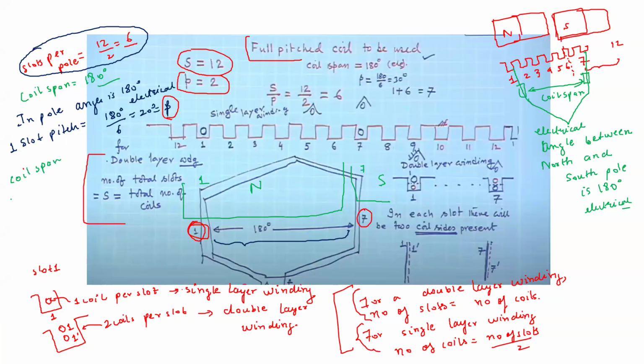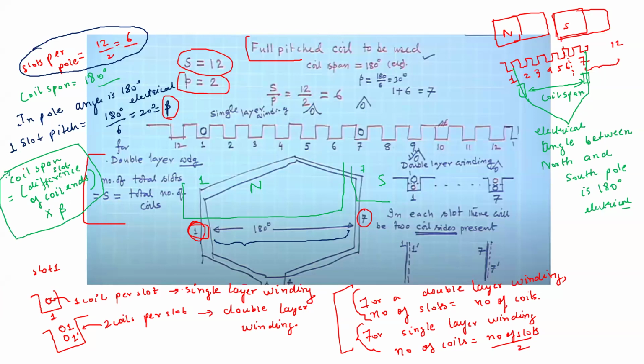Coil span is equal to what? You can identify the coil span by looking at the distribution table, where you will be given the information that one end of the coil is in 1 and the other end of the coil is at 7. It may be at 6, depending on that. So you have to identify the slot difference of the coil ends, multiplied by beta. I hope this is understandable. So this is the coil span.